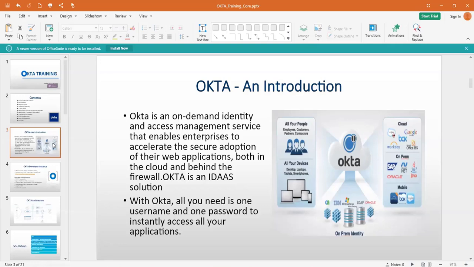If you install that server manually in your data center or your cloud-hosted servers, okay, but in Okta, you don't need to worry about those things. Patching server, Okta will take care. Upgradation, I mean the Okta service upgradation, they will take care. Availability, they will take care. Everything will be taken care of by Okta. The only thing is you need to manage your Okta instance. That's it. You don't need to worry about any other stuff.